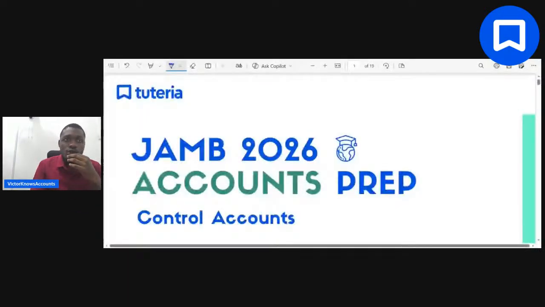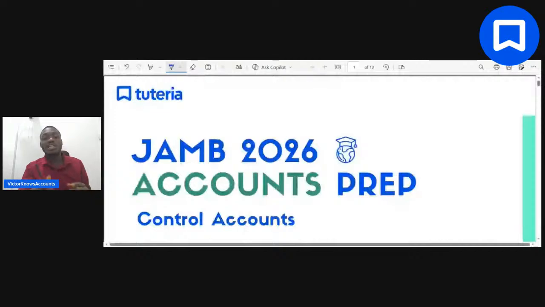All right. So I've explained control accounts. Because you are just coming in, let me give you a brief summary of what we learned under control account. Now, we said control account is a memorandum account. What do you mean by memorandum account? It means that it is not essentially part of the double entry process. So it is a memorandum account.